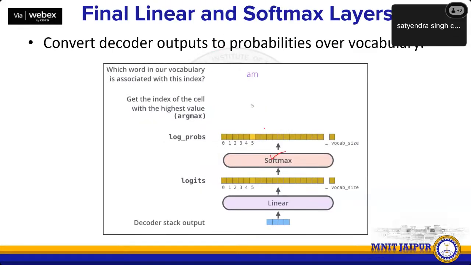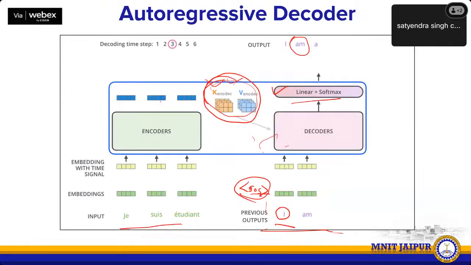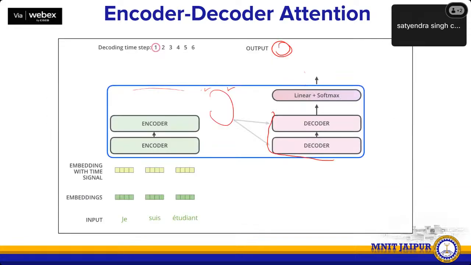So this softmax basically gives you the output. Though initially it is not trivial to understand how transformer works, but at least I hope you understood some of the key